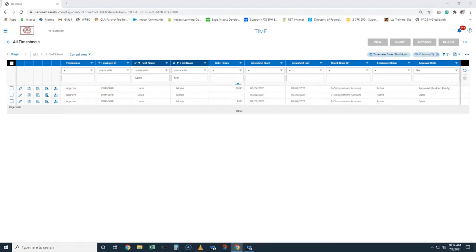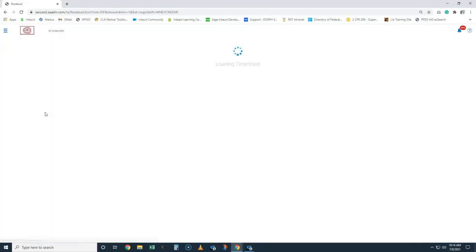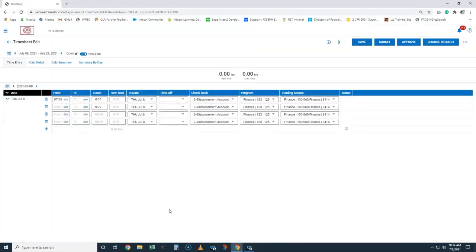Now if we're going to edit someone's timesheet, we'll look at the current timesheet I have for the pay period July 8th through July 21st. We can click on the pencil to edit the timesheet. And it takes us into the current day. And so if there is a situation where we need to add time, whether it's because I forgot to punch in or the employee forgets to punch out, we need to add admin leave or presidential leave or a special type of leave that's normally not added through a request,